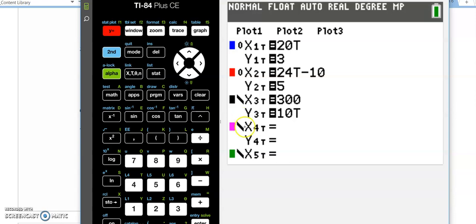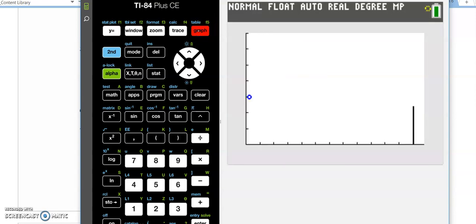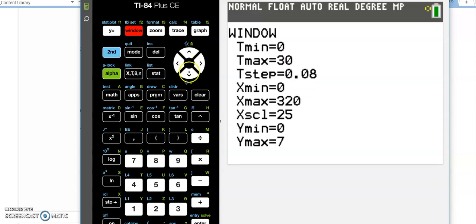You can see I've added the finish line here as the third function. And let's go ahead and watch it. There's my finish line drawing right away. Notice it's still kind of on the slow side, so I'm going to abort by hitting the on key and go to window, where I can adjust the t-step to